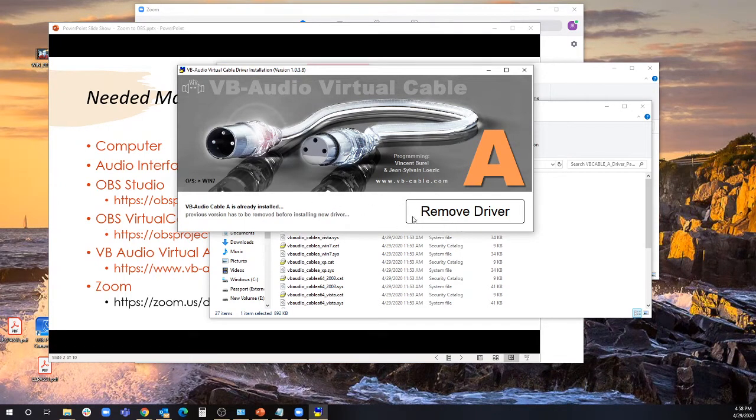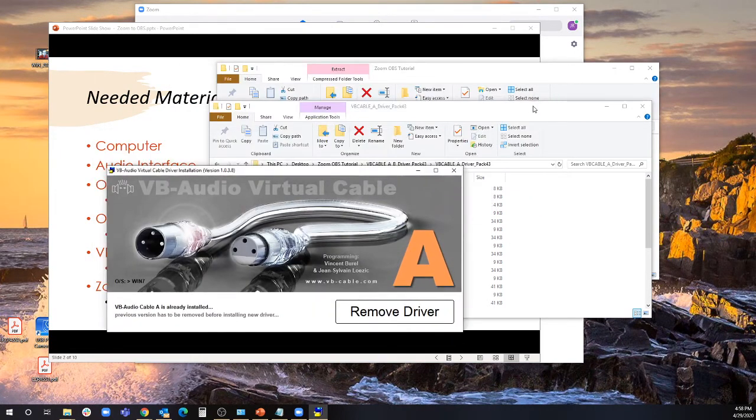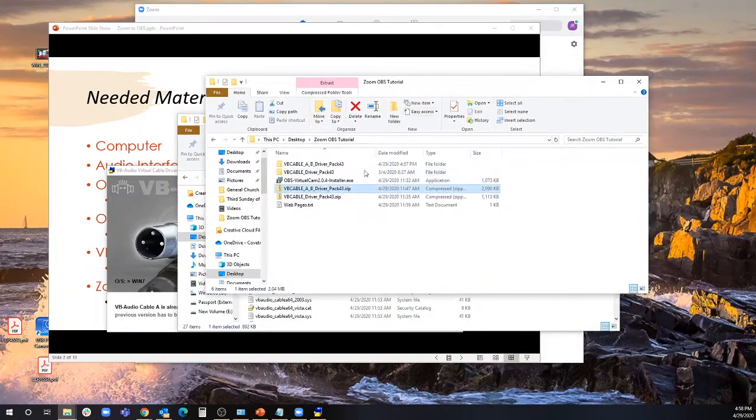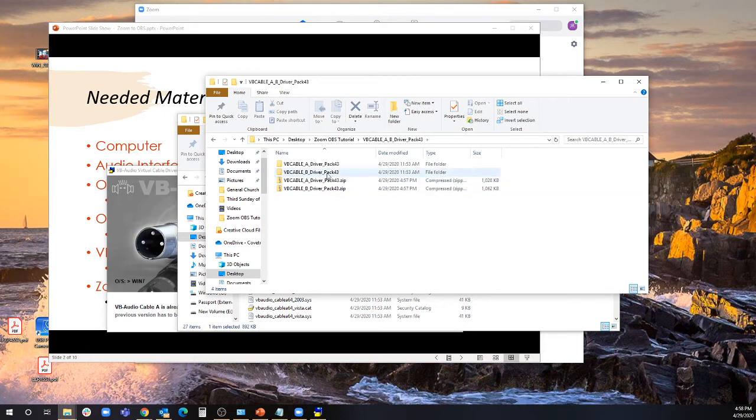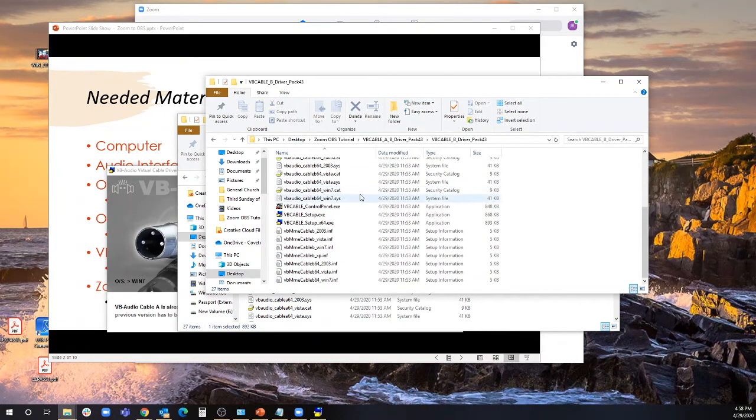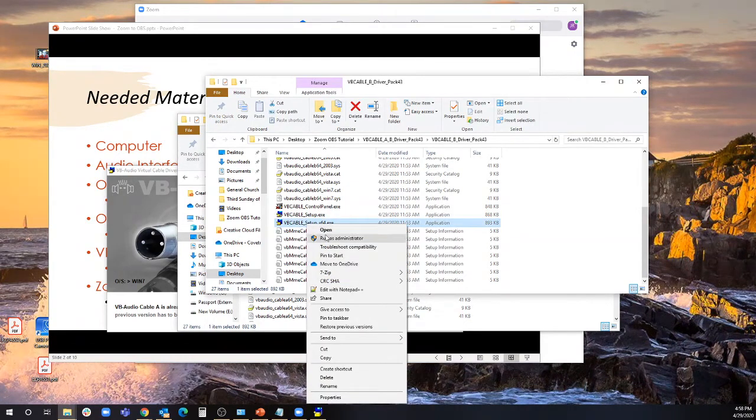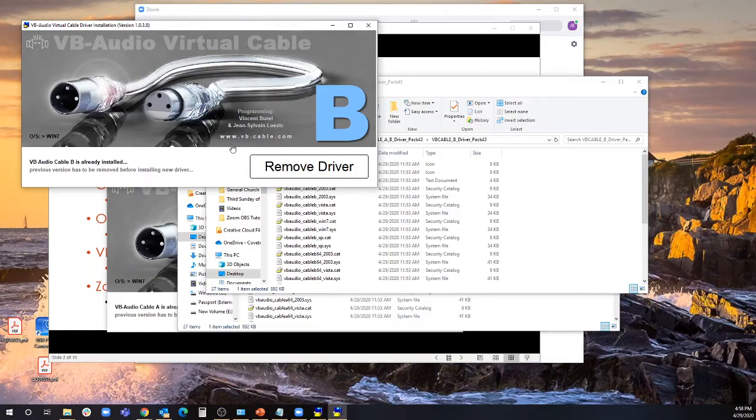Yours will say install driver, so go ahead and install it. Once it's installed, we are going to go over to the B folder and do the same thing. So scroll down to VB cable underscore setup x64, right click, run as administrator, say yes to allow changes, and